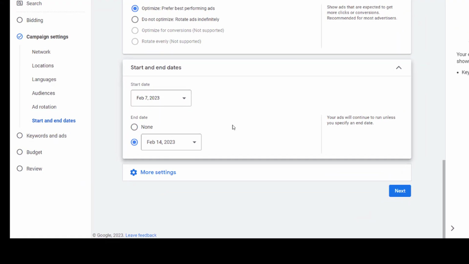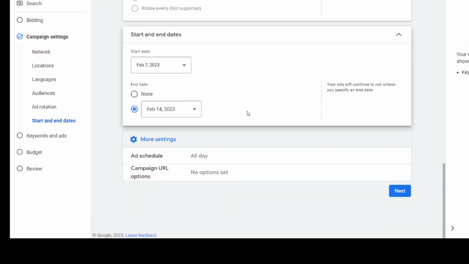So if you are using the start and end date, if your ads finish on February 4th, Google cannot charge your credit card for your ads. And you can add your schedule in here.